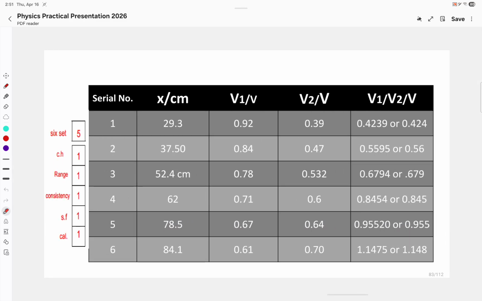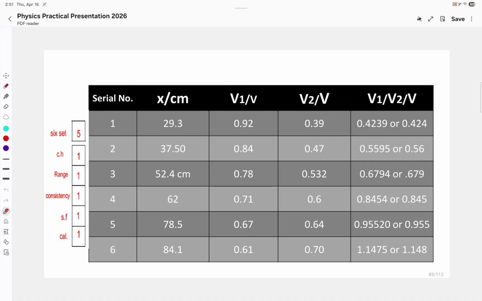So see, in the last resort I have mentioned V1 upon V2. Now let's see how a candidate can provide a good table which can give him or her a full credit, let's say 10 marks. If he managed to complete all 6 sets with a proper arrangement of the data and everything, 5 marks for that. Providing all the proper column